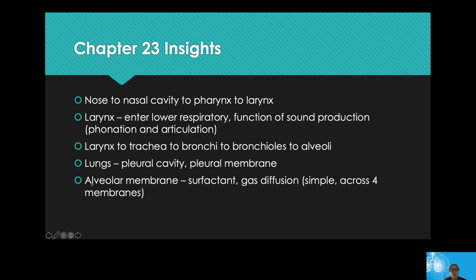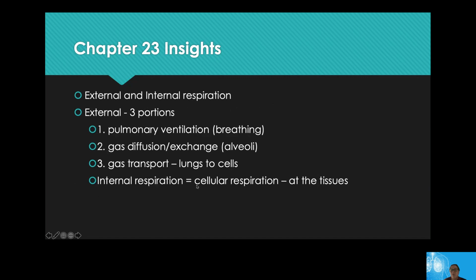The last structures we delved into was what was happening at the alveoli. We learned how at the alveolar membrane, you've got some surfactant and a very small, very thin, half micron sized set of membranes to cross for gas exchange. Now, this is the end of the anatomy of the system, but from there we began to talk about the